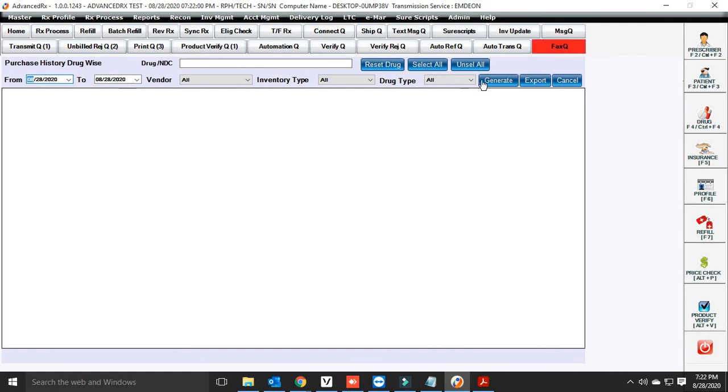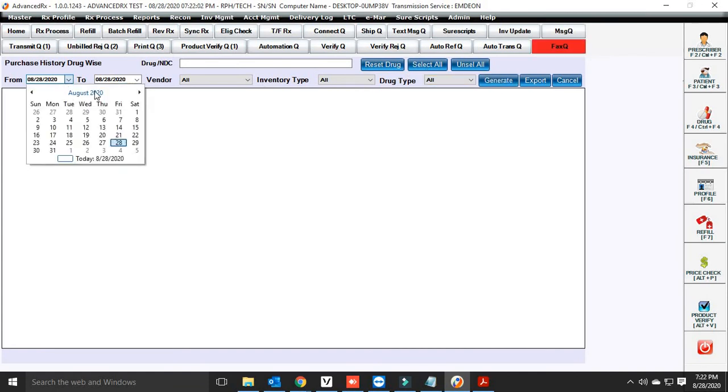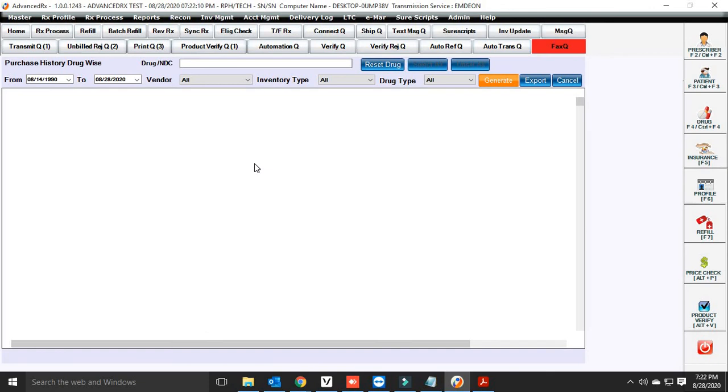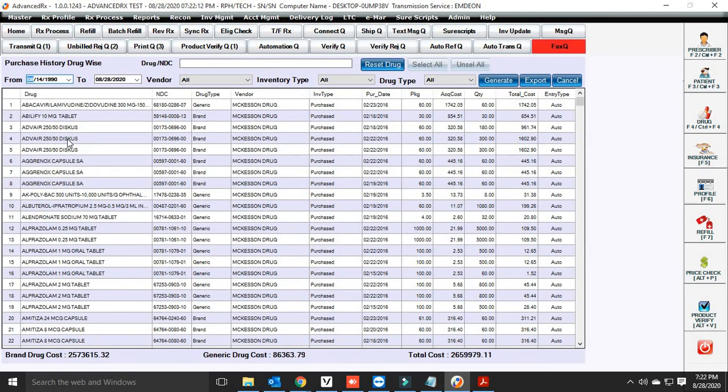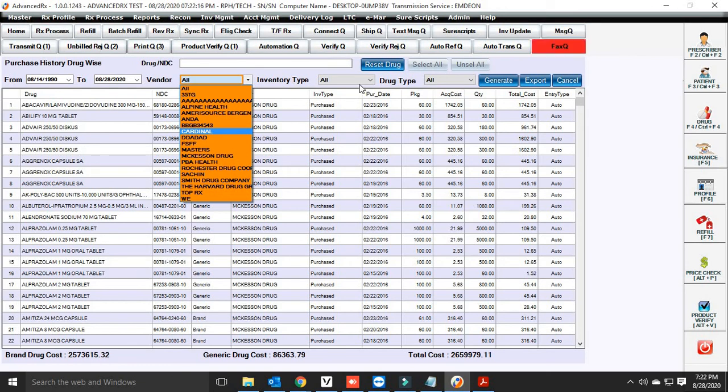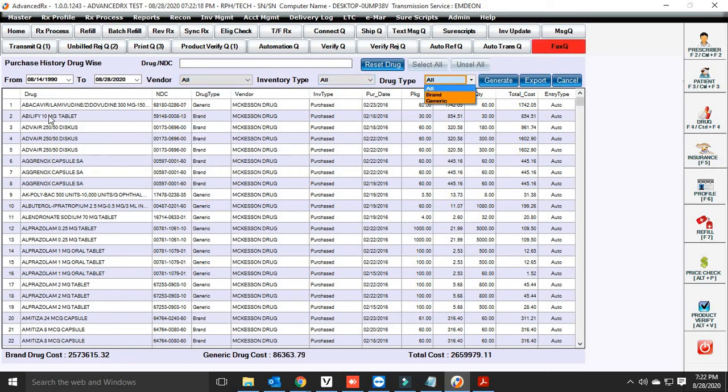So drug wise, it would show you details of the purchase history with drug as your search filter. So just go and generate it. It would show you drug wise. Okay, you can reset the drug. Similar, you can go and select the vendor, type of inventory, drug type, and so on and so forth. Then you have